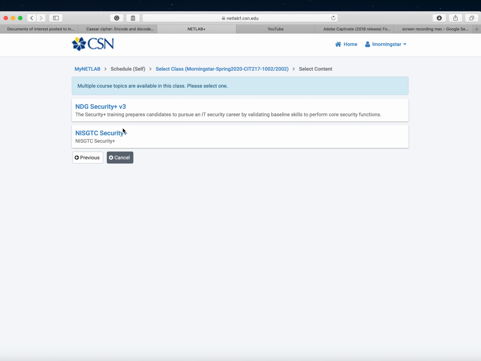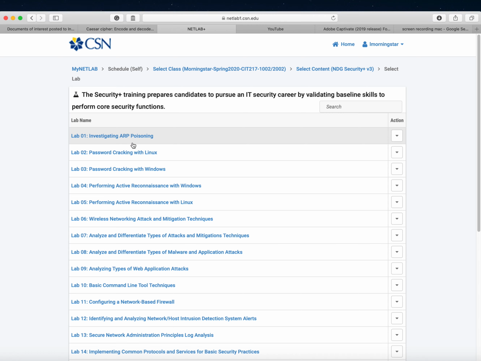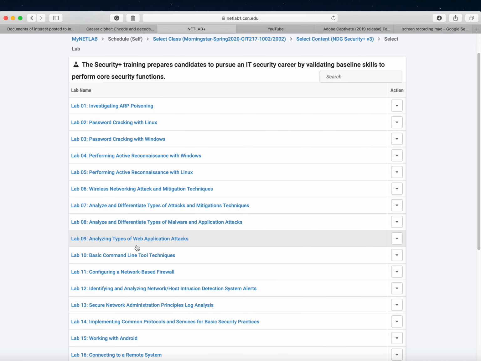You still can schedule and get access to these labs, NISGTS Security Plus. There are 16 really good labs where you can practice your skills. But most likely for our curriculum during the semester, you will be using the top one. So during the first week, you had a homework assignment to do lab 10, basic command line tool techniques. So I'm selecting this lab,